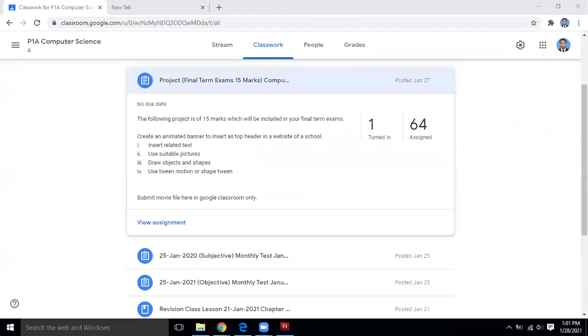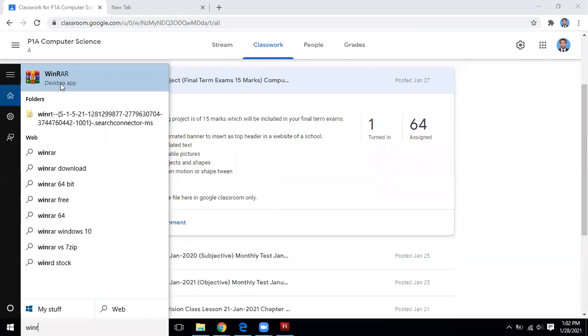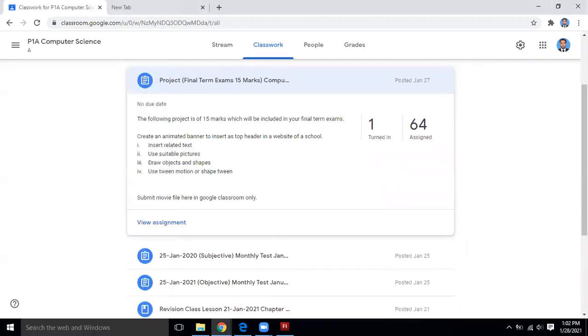Okay, fine. So first I have to download WinRAR, then I have to download Flash again, and then it will open. Flash you have downloaded. WinRAR should be there to unzip it. Just like you can see on my screen, this is WinRAR software. This is also available free of cost over the internet. You can find it. Using WinRAR, we unzip such files, which are basically zipped files.